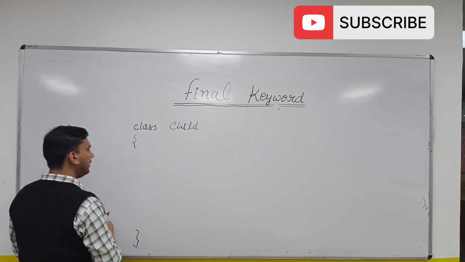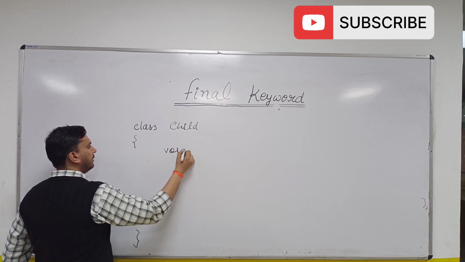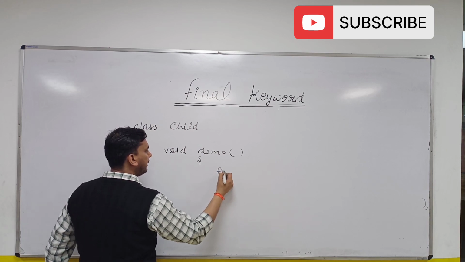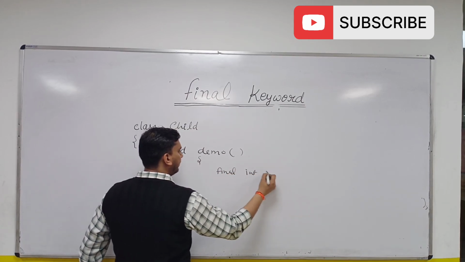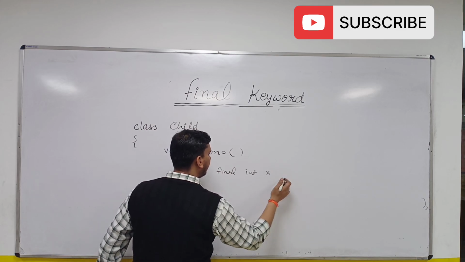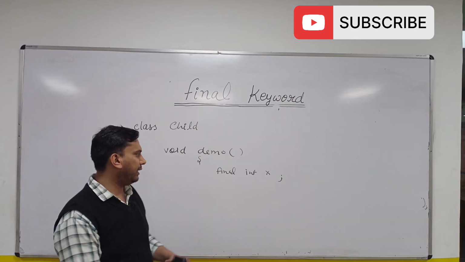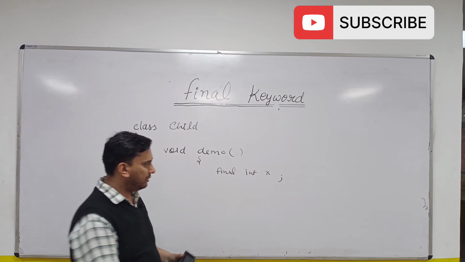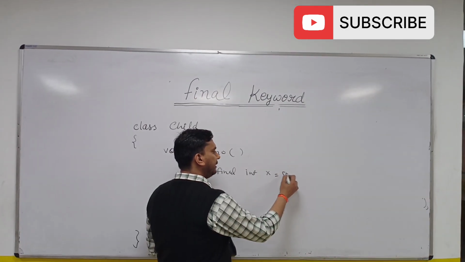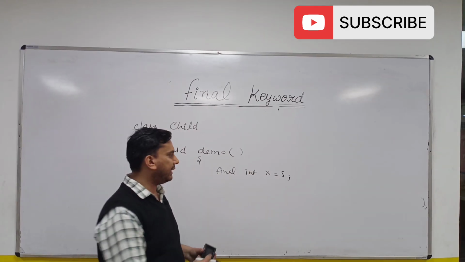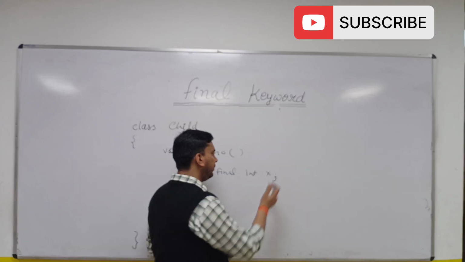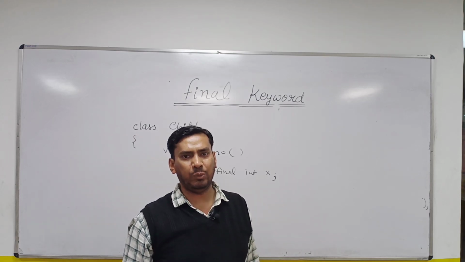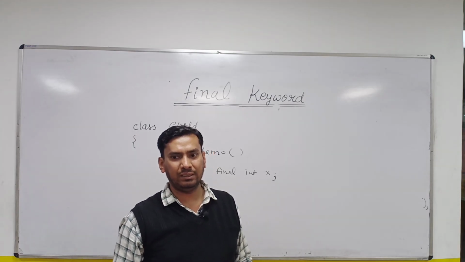Third thing is local variable. Let's say you have created some local variable. In normal cases also, local variables do not get a default value. So even if you declare it final, you need to assign it. But what are the places here? Again, one is during the declaration you can initialize it. Or second, even if you do not initialize it during the declaration, you can initialize anywhere in the same block, but before using it, right?